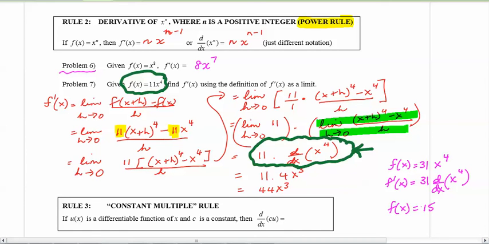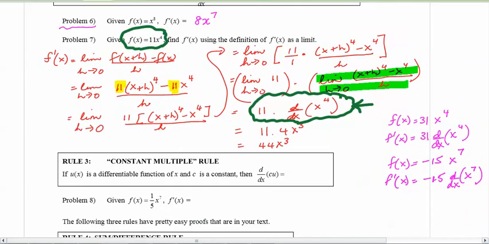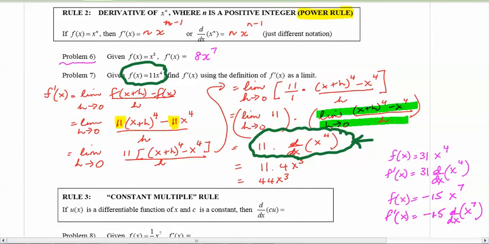say negative 15x to the seventh, then the derivative of that is going to be negative 15, and then whatever the derivative of x to the seventh is, and of course, using the power rule, you would know that is 7x to the sixth. Okay, but it's really this underlying principle that is most important here, because it is known as the